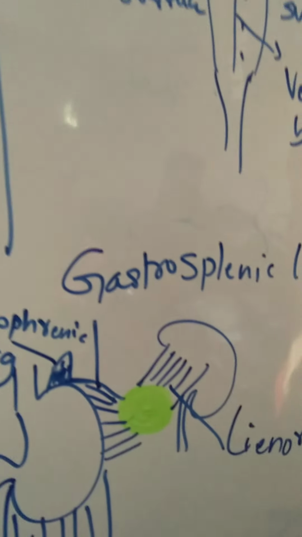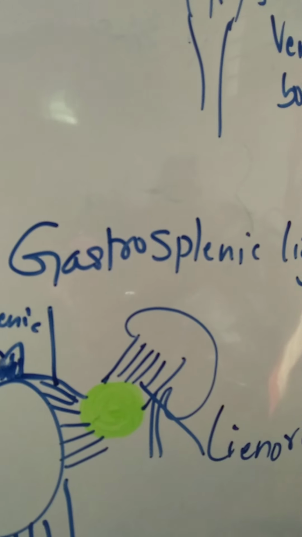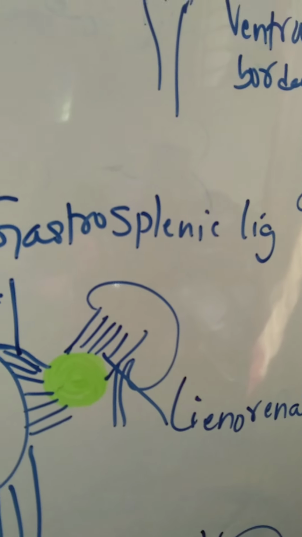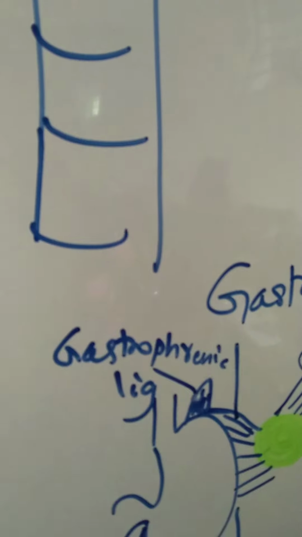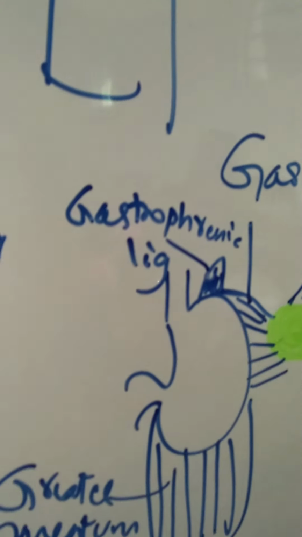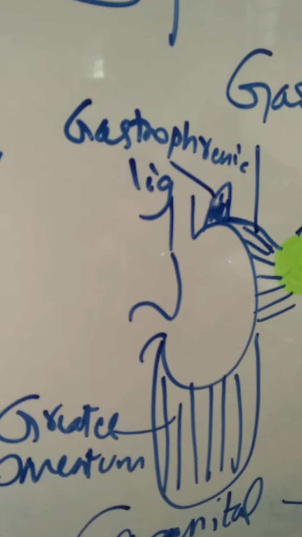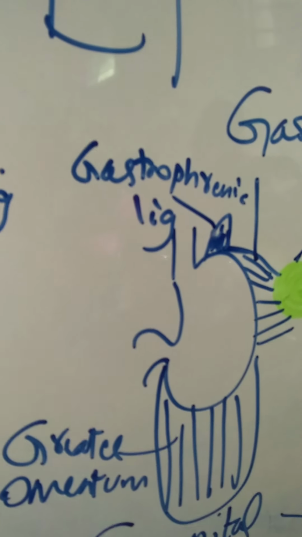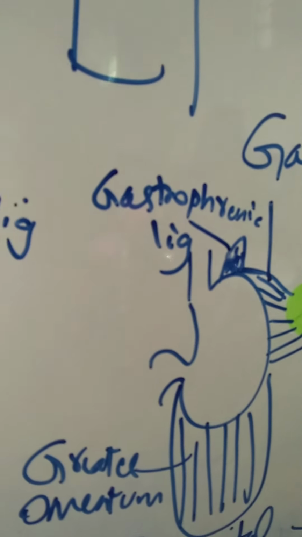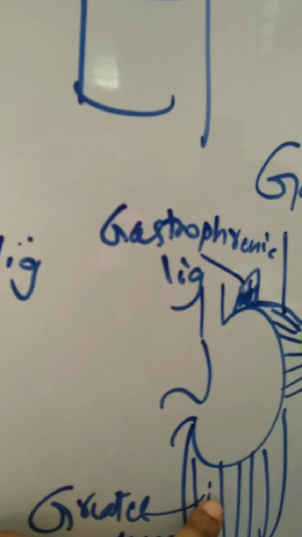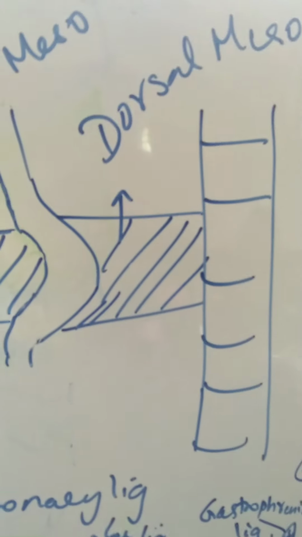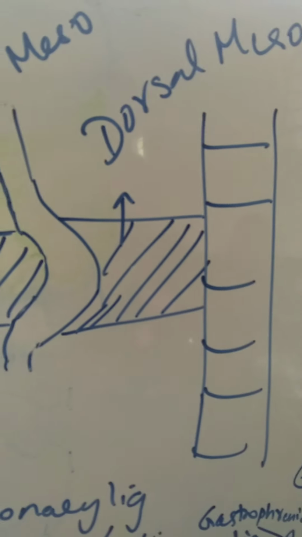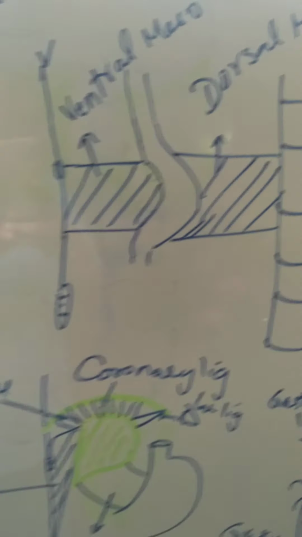So the fate of this dorsal mesogastrium is that it becomes the gastrosplenic ligament between the stomach and the green color spleen, and the lienorenal ligament. The other name of the spleen is lien, in Latin. So, lienorenal ligament. In addition to this, there is a small fold of peritoneum connecting the stomach with the diaphragm, the gastrophrenic ligament, and the peritoneum which folds upon itself from the greater curvature is called the greater omentum. You can see one fold of peritoneum here. That is called the greater omentum. So all these are fates of dorsal mesogastrium. Got this?